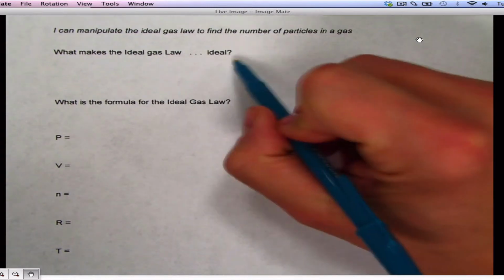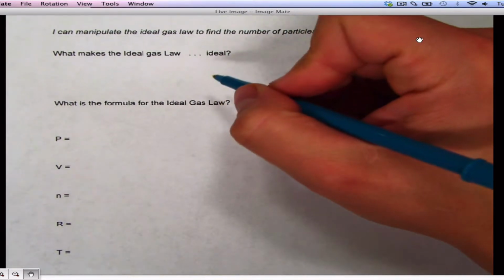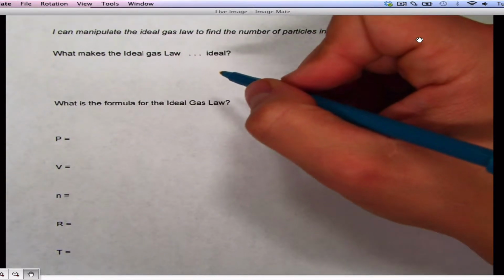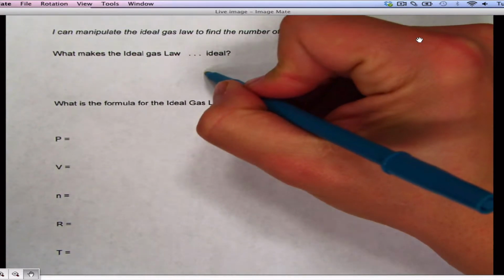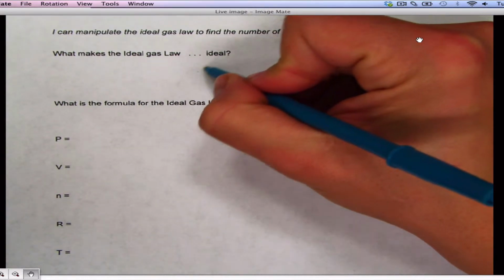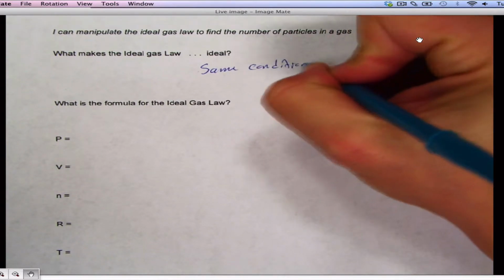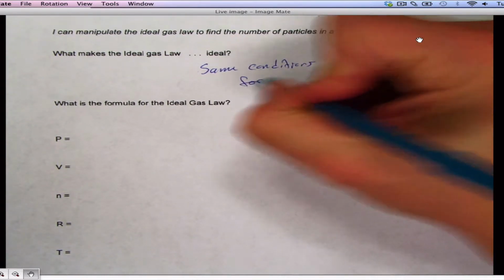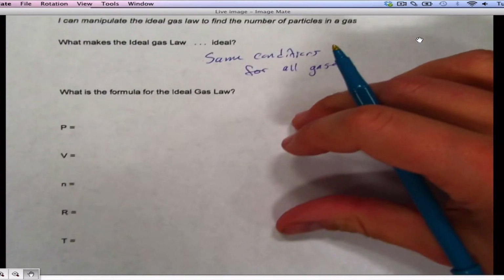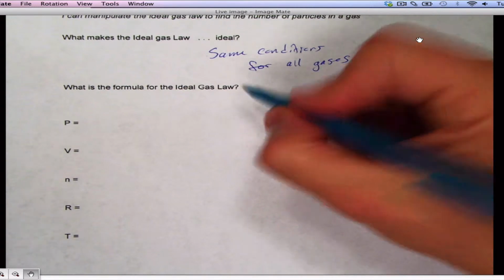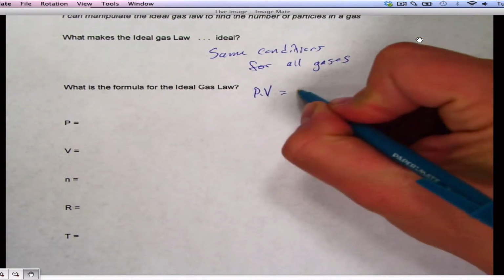So what makes the ideal gas law ideal? Well, it's under ideal conditions. And when I say ideal, I mean it's not always realistic. It's under certain conditions that we can predict. So what makes it ideal? It's under the same conditions for all gases. All right? And the formula for the ideal gas law is pressure times volume is equal to N